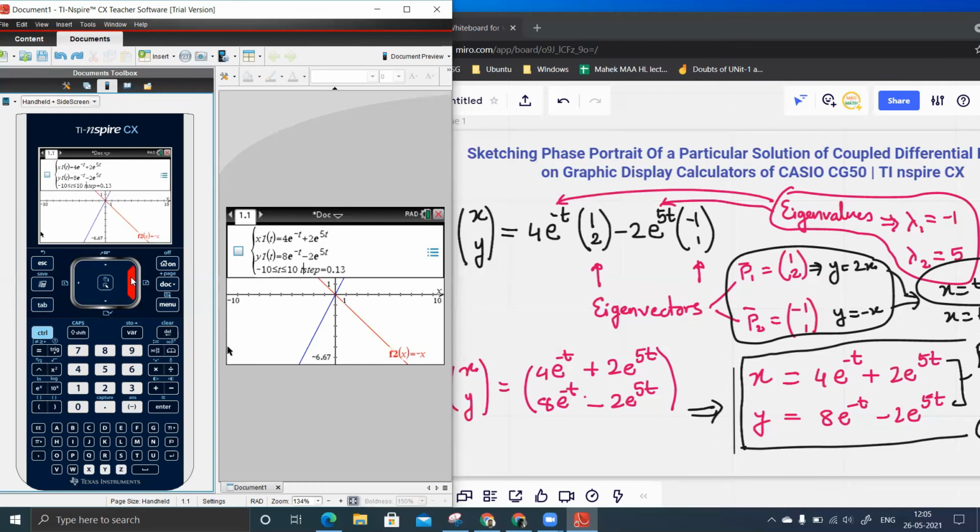And the step size, I'll keep it as 0.1. Okay, then I'll press enter.